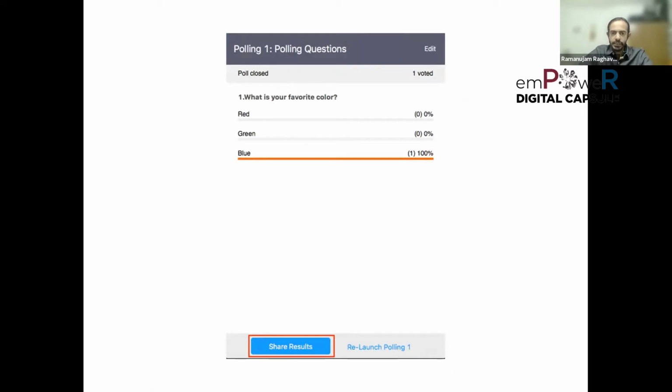In a typical Toastmasters meeting, normally when the TMOD asks the Zoom master to put up the polling for the best speaker, best evaluator, and after the polling is over, it is not mandatory for you to share the results, because you will note them down. Say for example, in this question, the maximum votes were for blue. You just note down that it is blue and send it to the TMOD and he will declare it.